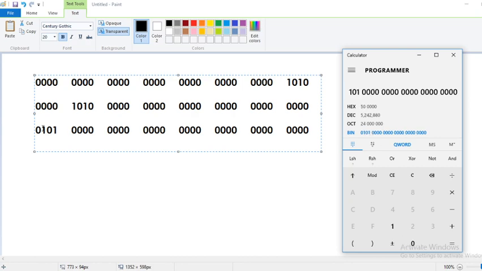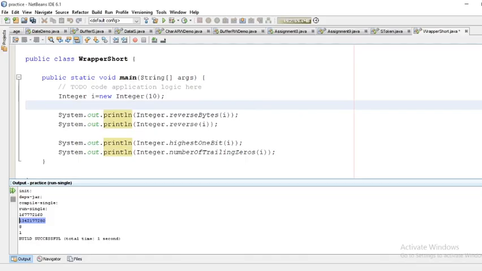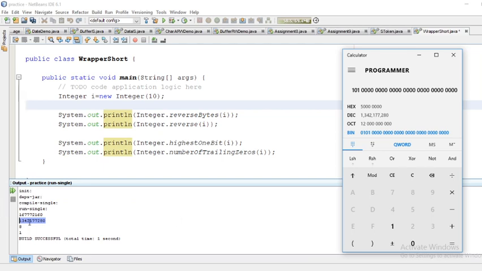Yes, it is completed. So we have completed 32 bits. See, the number is 1342. We will compare reverse of bits. See, the same number we are getting, 1342177280. So this is correct.